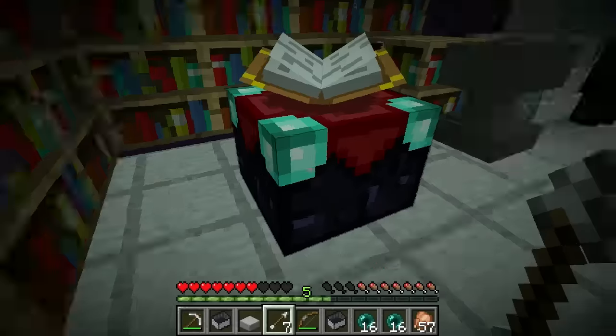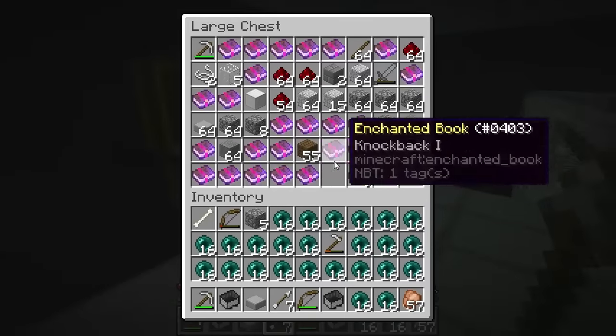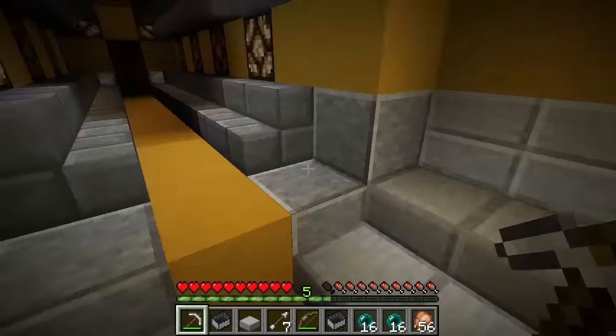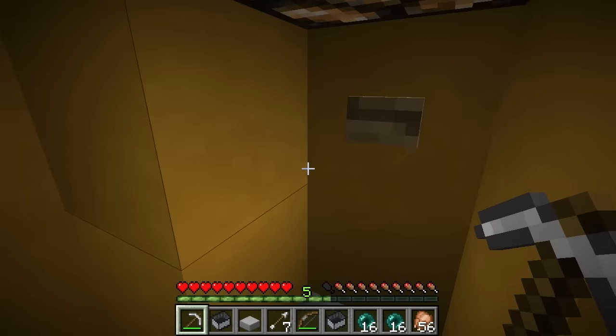We've got an enchanting station here and an anvil for repairing, and we've got a bunch of books that I've already run through, so that is fine. But let's make our way back. Okay, here we are back at the launch tunnel, and let's make our way back to the surface so that we can...